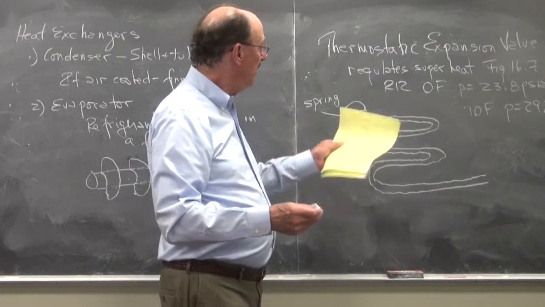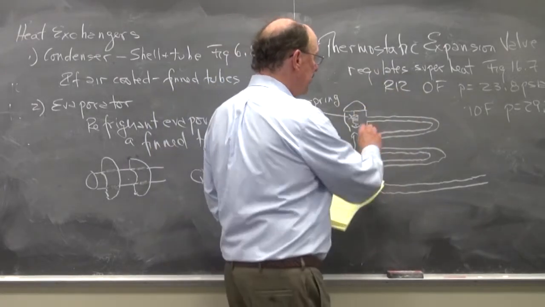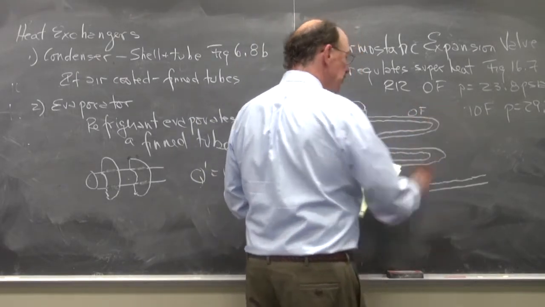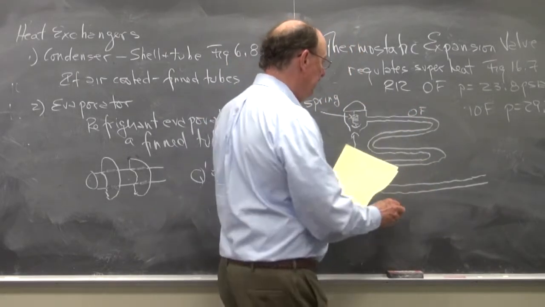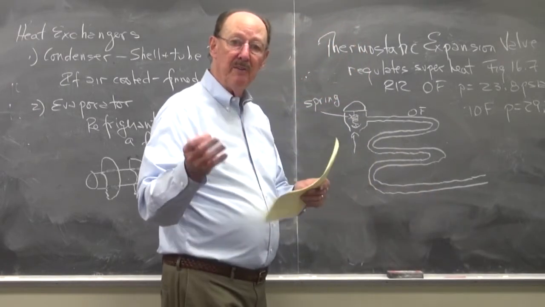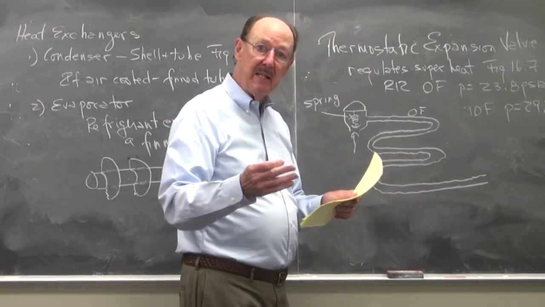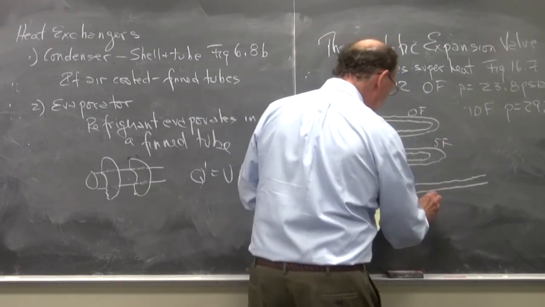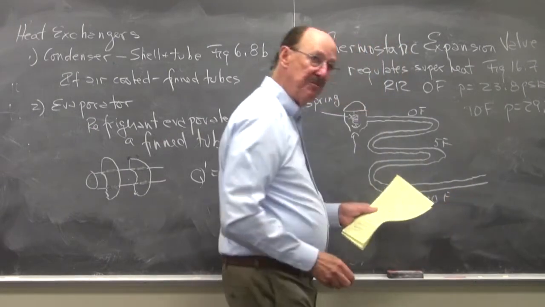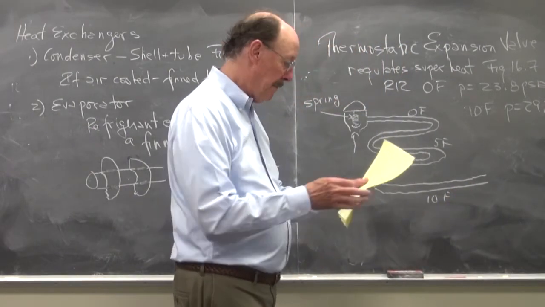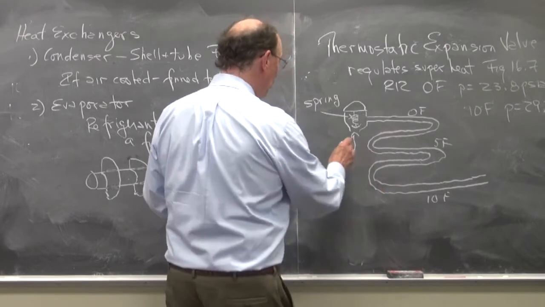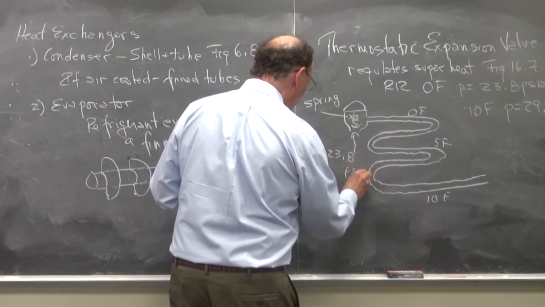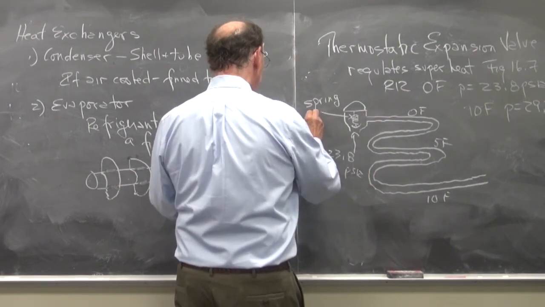And what we wanted is this at 0 degrees Fahrenheit. So now the liquid is bubbling away and we have 0 degrees Fahrenheit as it evaporates. At some point, all the fluid has evaporated and it starts picking up superheat. So let's say here it's 5 degrees Fahrenheit, and here at the end it's 10 degrees Fahrenheit. And how did that happen? Here the pressure is 23.8 psi. I'm going to have the spring provide 4.5 psi